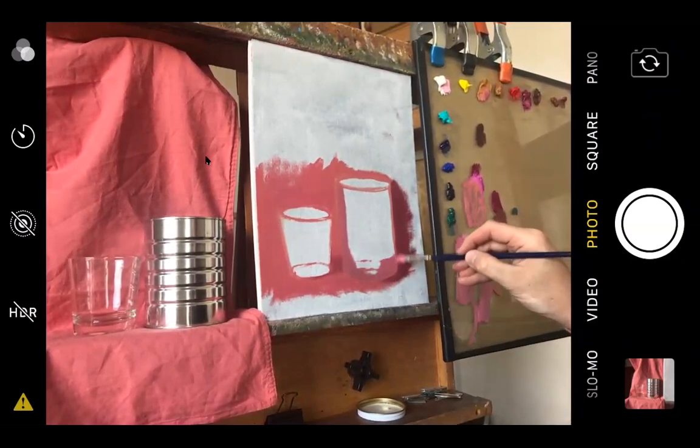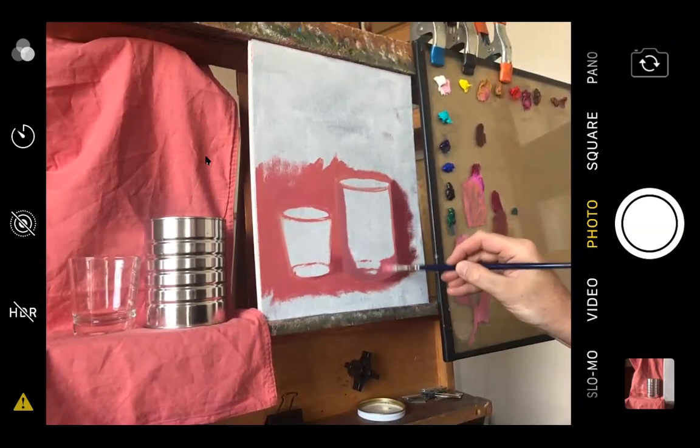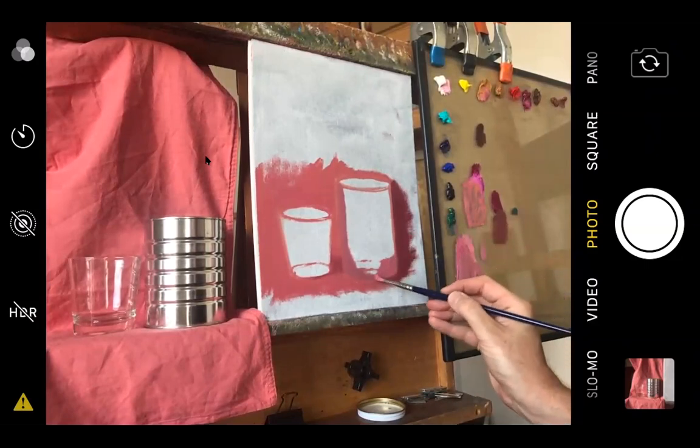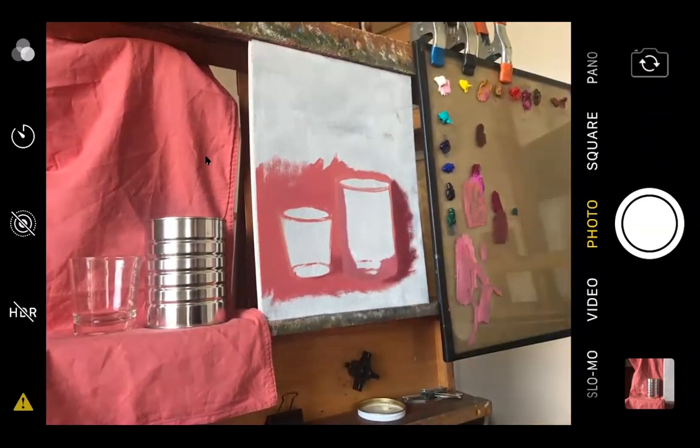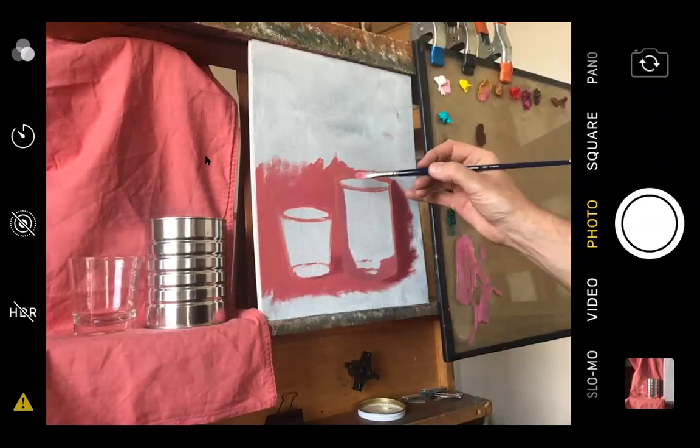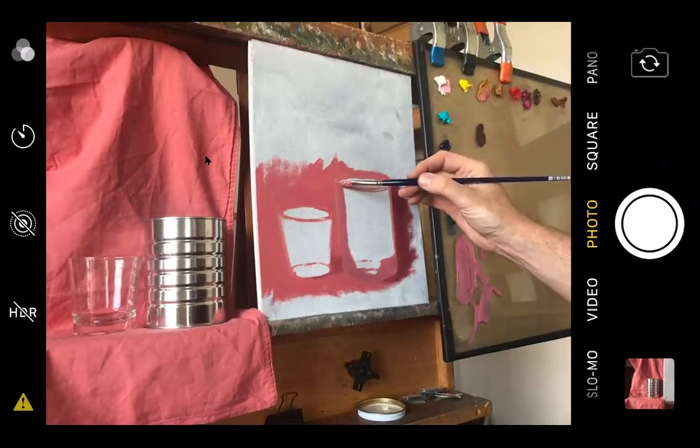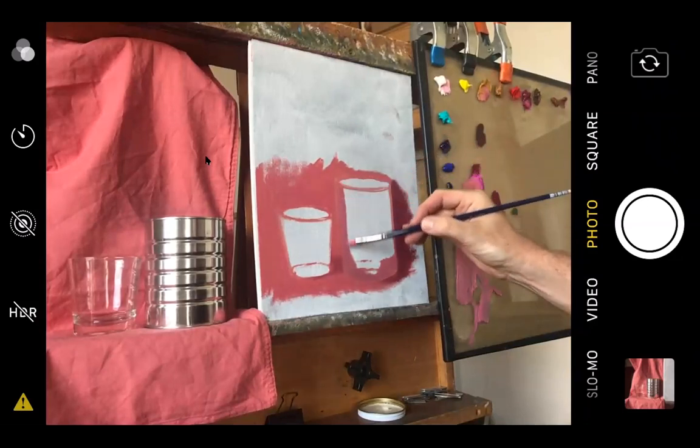So I'm going to paint that in broadly. And I'm just looking at the shape it's taking on. It's taking on a shape, something like that. And right now there's not a big distinction between the reflection of the drapery on the coffee can